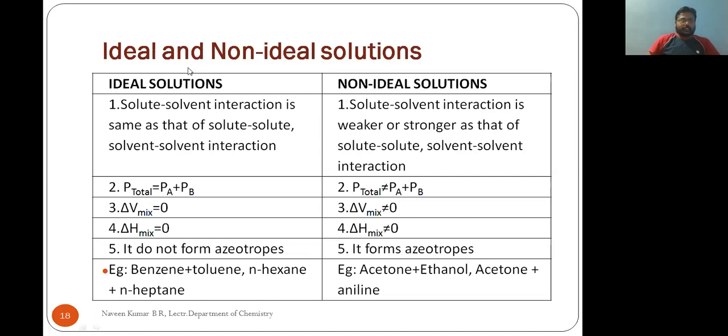As with ideal gases, no gases are ideal in nature. So it is a hypothetical concept, but there are some gases which nearly show ideal behavior. In the same way, no solution is perfectly ideal in nature. Those solutions which show near ideal behavior are taken as examples to understand the type. Now, what are the main factors responsible for this?